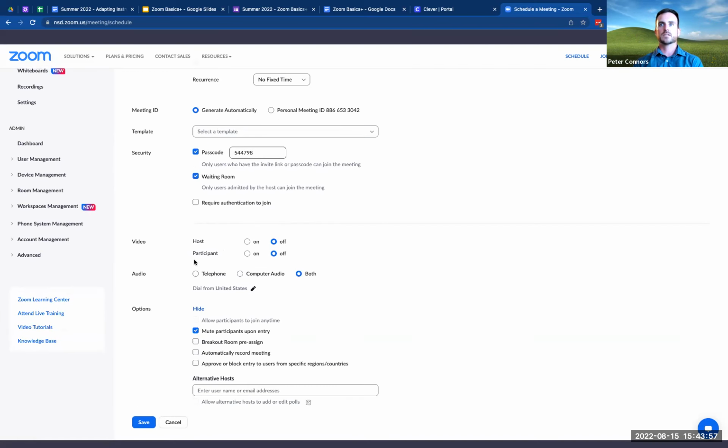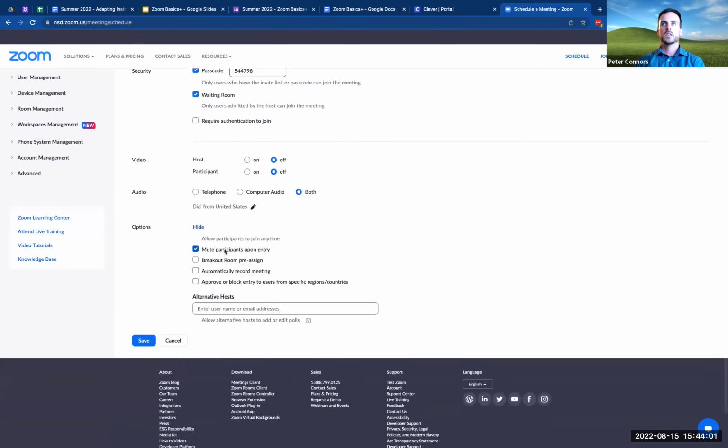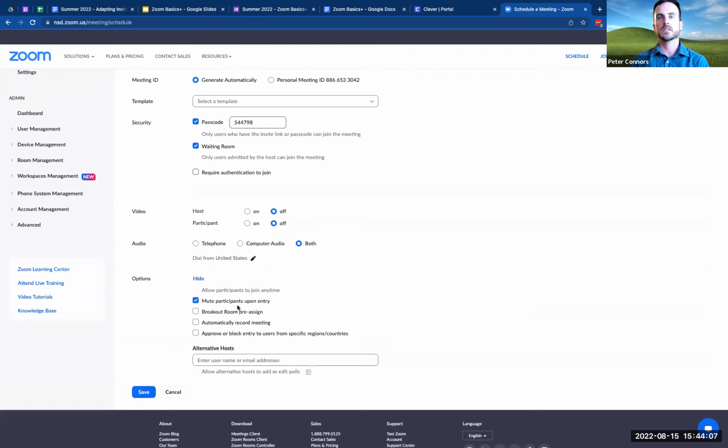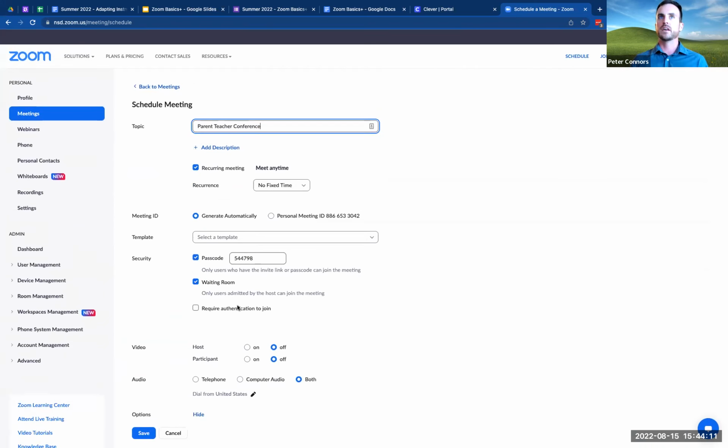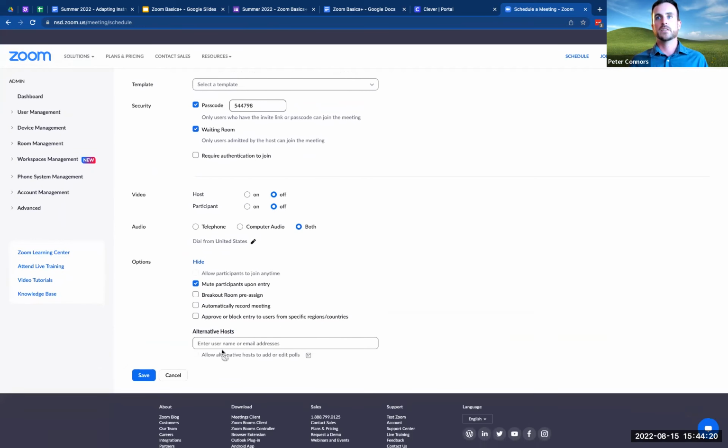And there are those nuanced controls here, what happens when people join and whether these things are enforced. Also, if you're going to be co-teaching with someone, it's worthwhile to make them alternative hosts so they can start the meetings and have controls, and you don't have to escalate them ahead of time. So say you could do a no fixed time for when you get together with the other 4th grade teacher to do your science programming, and just make them the alt host on that one.